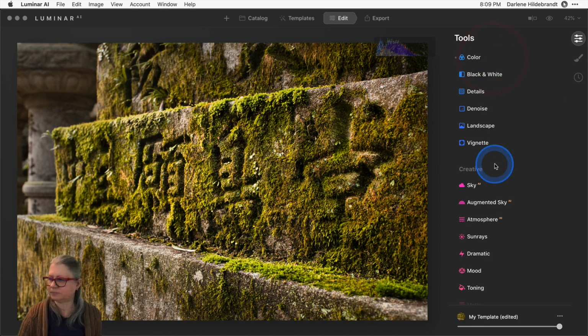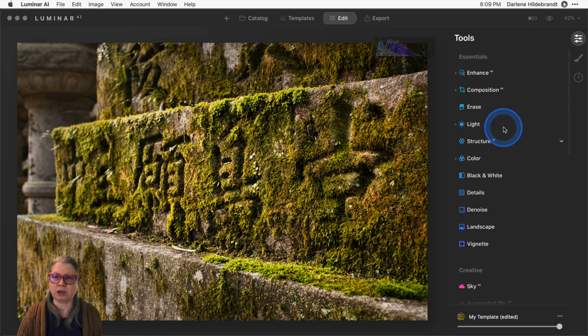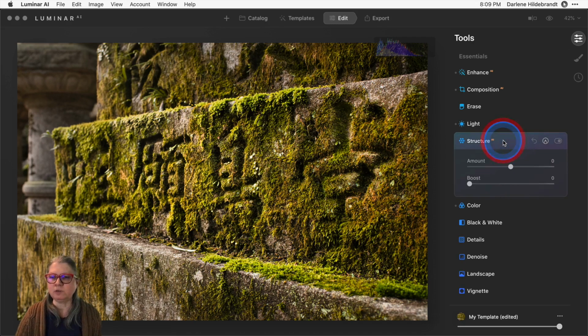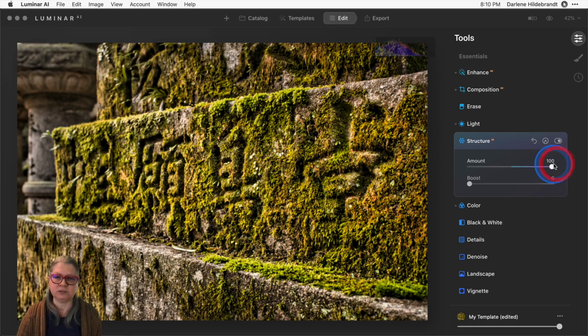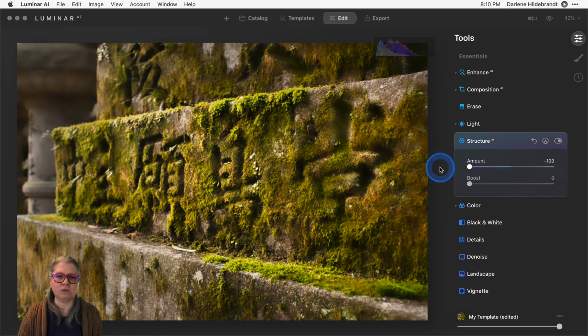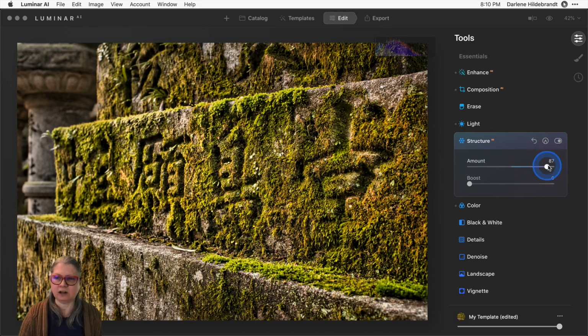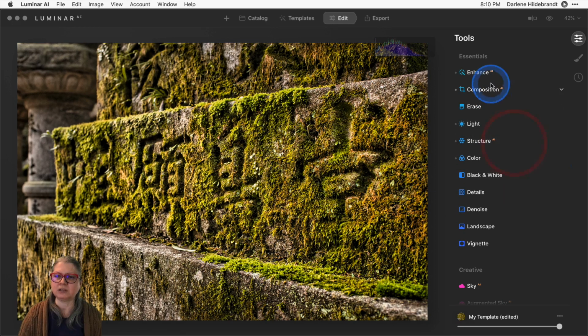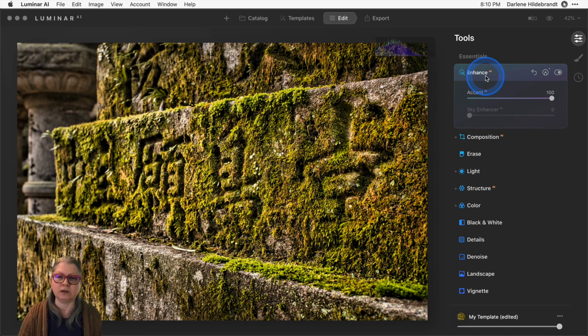Close the color panel. There's another tool up here in the Essentials panel called Structure AI that we didn't use on the first image. So if we open that one up, it's kind of like Clarity if you've used that slider in Lightroom or Photoshop. So I'm going to drag it all the way to the right, again, just to see what it does, and then all the way to the left. I'm going to leave it at 100% and come back to that Enhance tool that we applied earlier, because remember